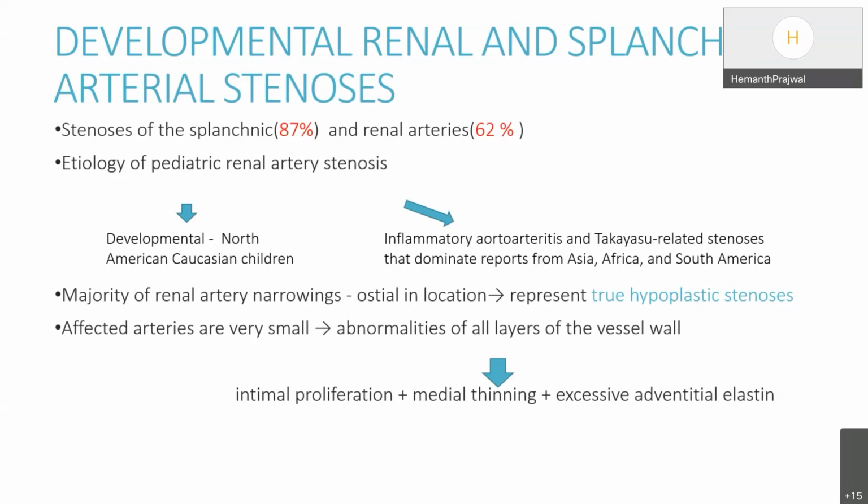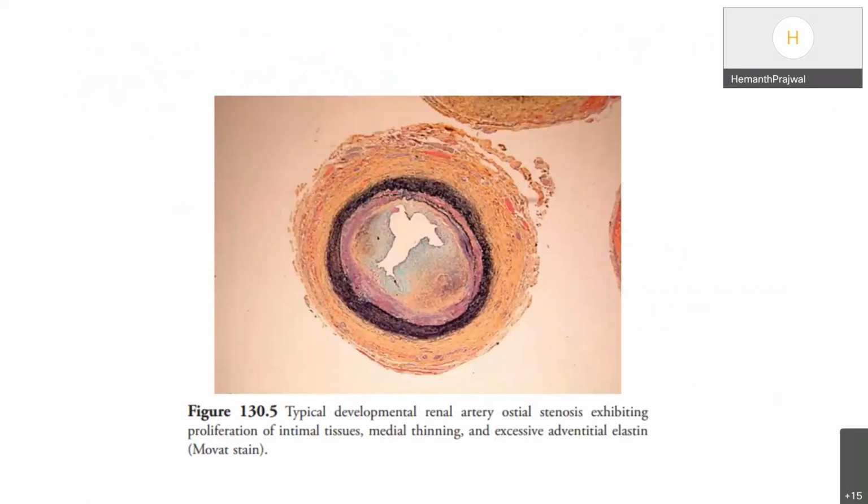The majority of the renal artery narrowings are located in the ostia and represent a true hypoplastic stenosis. The affected arteries are very small. The abnormalities are present in all layers of the vessels, causing intimal proliferation, medial thinning, and excessive adventitial elastin. This is a histological view of the coarcted vessel, showing proliferation of the intimal tissue, medial thinning, and excessive adventitial